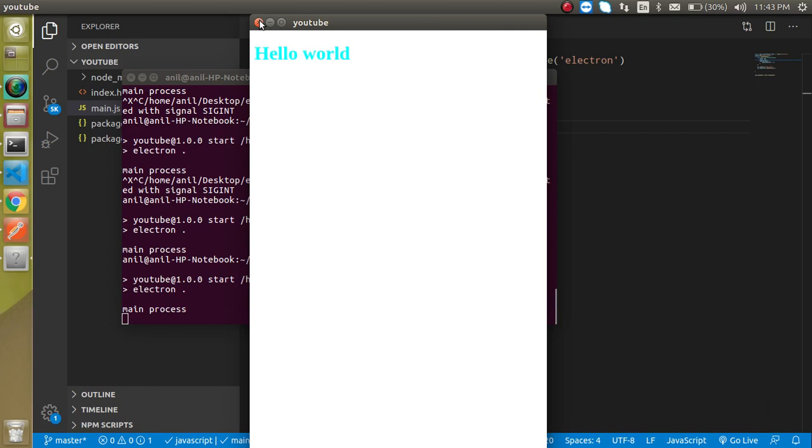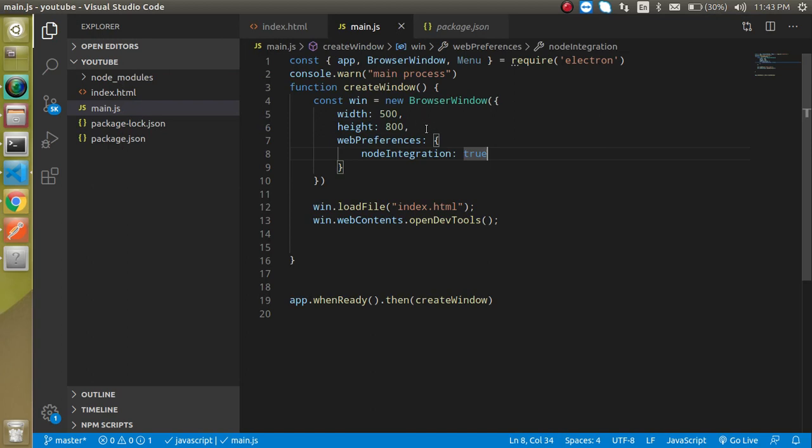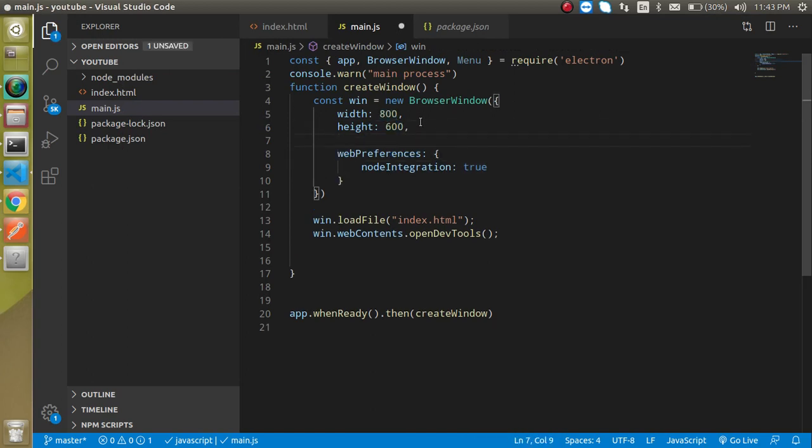Then another one is, let's say we want to hide this close, minimize and maximize tab and this title, how can we do it? For that let me reset it, because let's go with the default, right? And then we can simply write here frame, right?